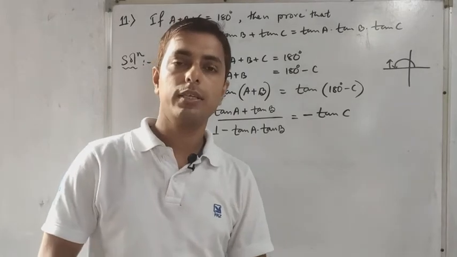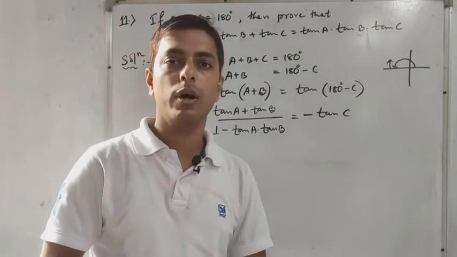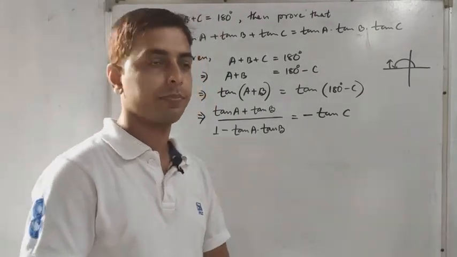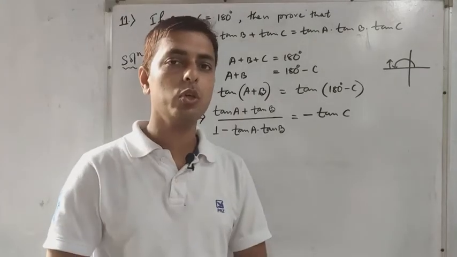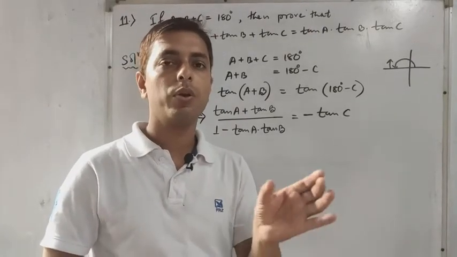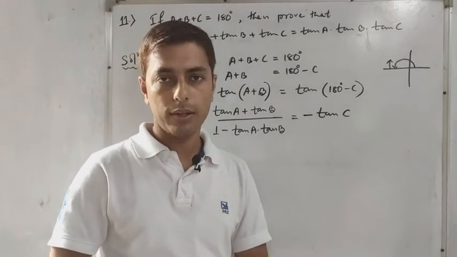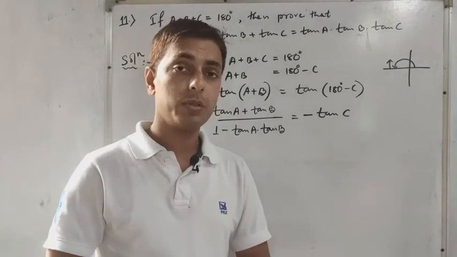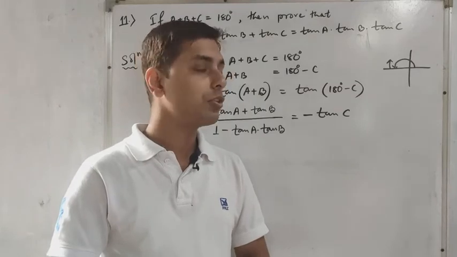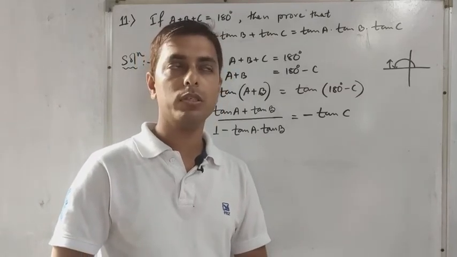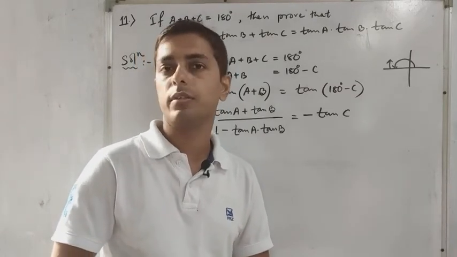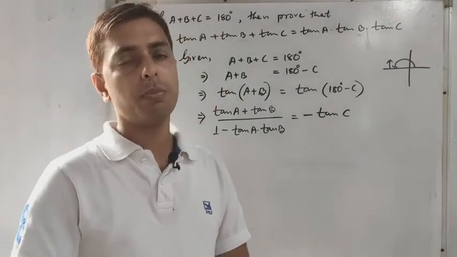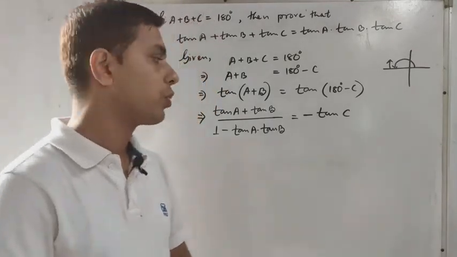If you are not clear with this ASTC, you are asked to go through the ASTC identities exercise just before exercise 7.1 in advanced mathematics. In general mathematics it is given only for the acute angle, that is 90 degree minus theta. But in advanced mathematics, all these angles up to 360 degree plus theta you have to learn. That means in all there will be 48 identities, and these identities are very simple, as I said in some videos before also.